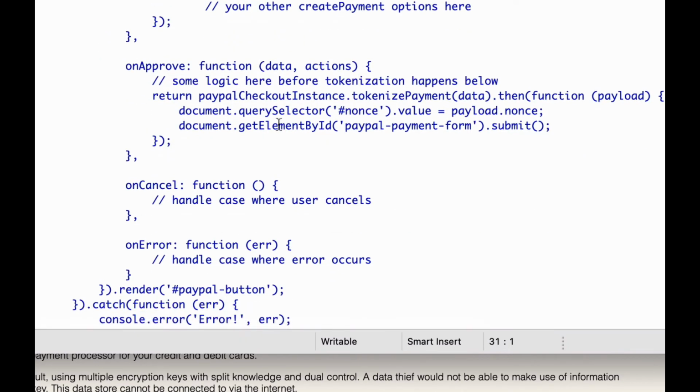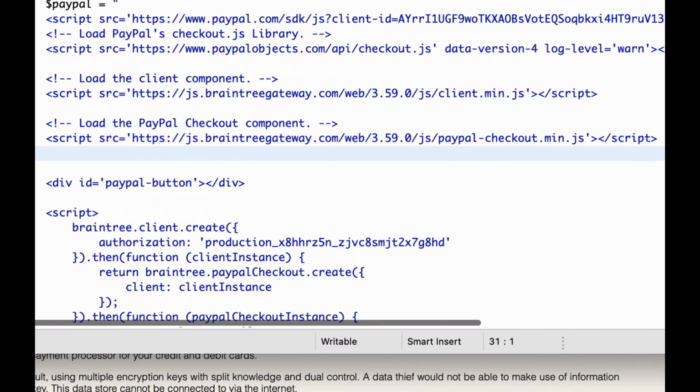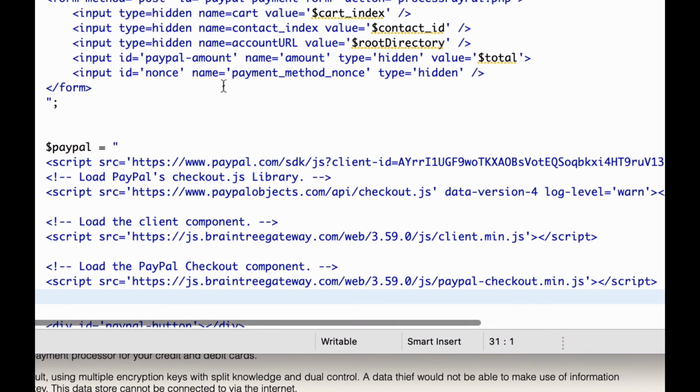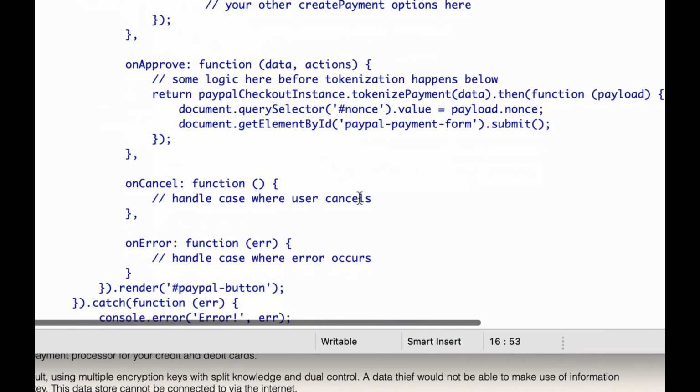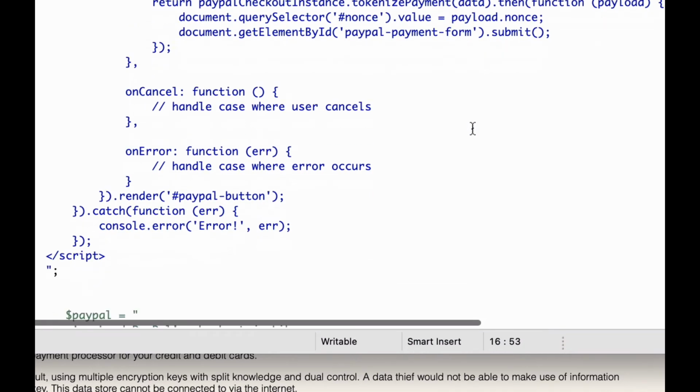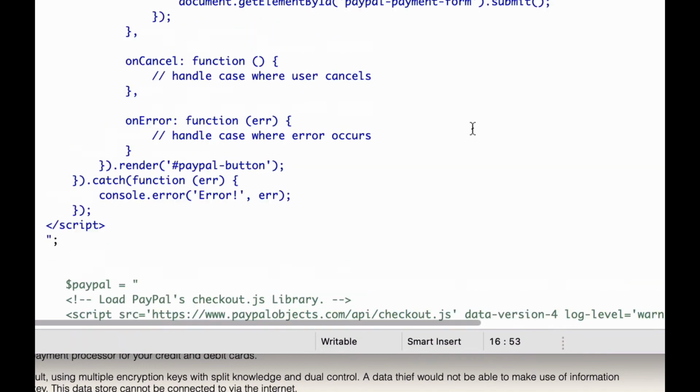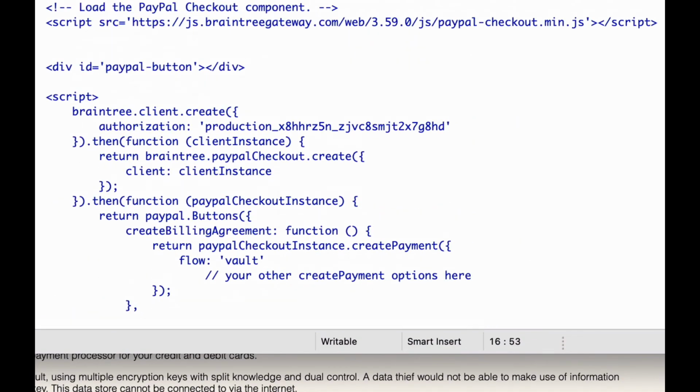Okay, then we got on approve, and then here's where I'm capturing your nonce. I'm putting that into my form just for your benefit. There's the form. You can see right there, right there. There's where I'm putting the nonce in, ID nonce. And there's where I'm capturing that value, putting in there, and then I'm going to submit that form. Okay. Okay, so there's my code. All right, so now I'm going to push this up,